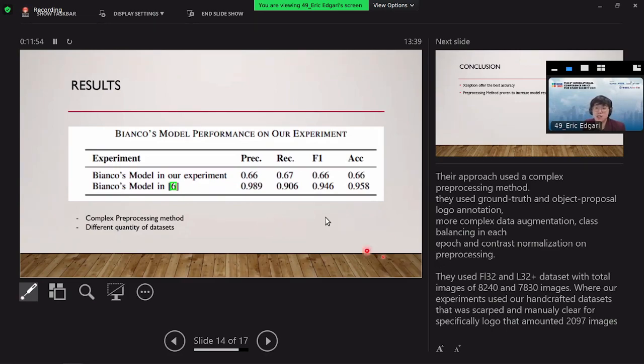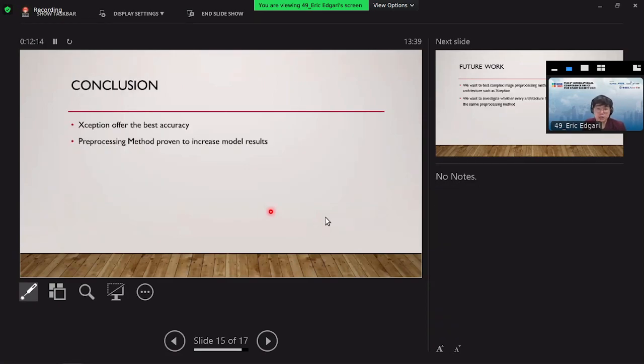They use the Flickr 32 and FlickrLogos-32 plus datasets with a total of 8,000 and 7,000 images respectively. That's about 15,000 images, whereas we only have 2,000 images, and we scraped them and manually cleaned the dataset ourselves. So for the conclusion, as we compare the three architectures, Xception offers the best accuracy,